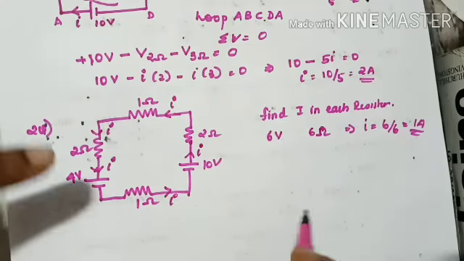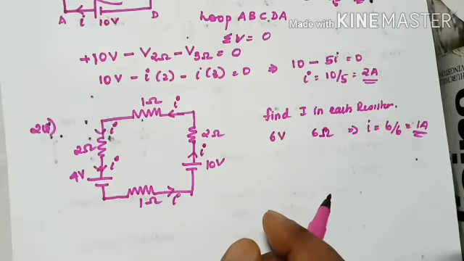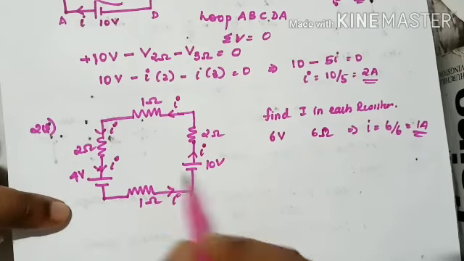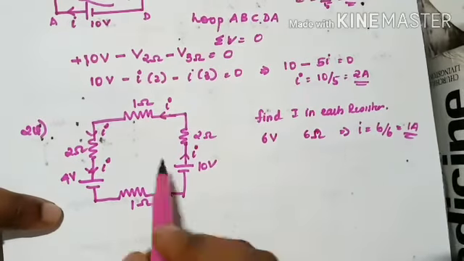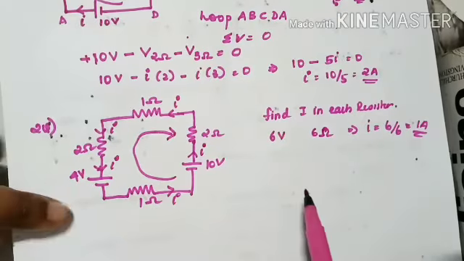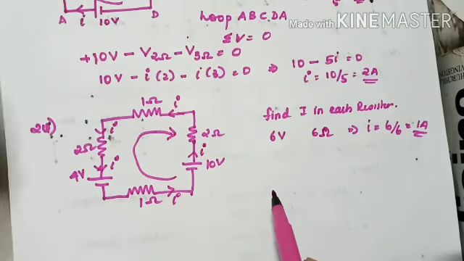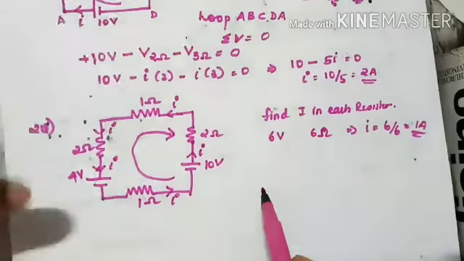You can take 4 volt also. We will do with that also, but please understand what we are doing now. Now again, what was the second point? You have to consider a loop. I have considered a loop, and I am going to move in this way. Let's not name it, guys. Only one loop is there, so you can easily move. This much clear? Right, now let's move on.